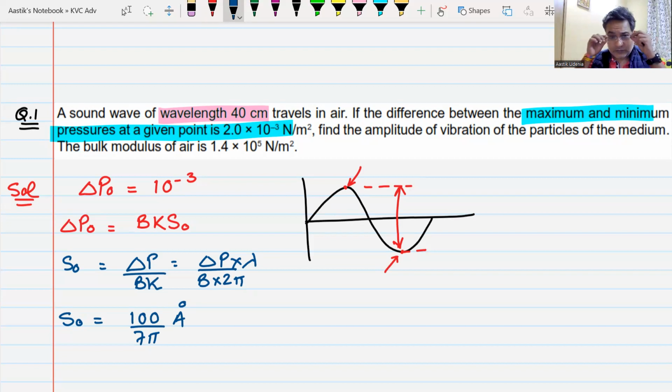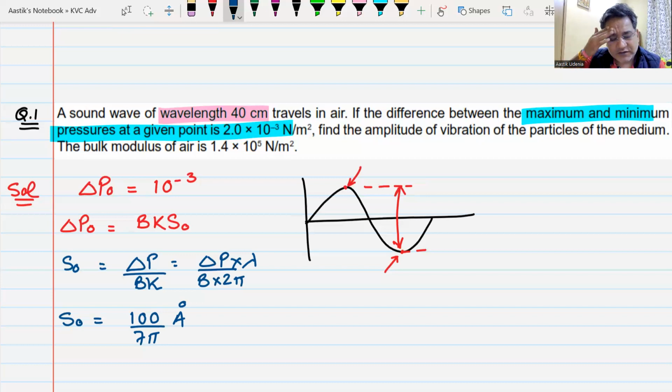Now, we are not going to go much into that wave equation, because we have already seen all forms of this wave equation: omega t minus kx, kx minus omega t, kx plus omega t, and all those 2 pi by lambda forms. So that still remains there, right? The only new thing was pressure wave, and we have seen that. Yes or no? So now we will have to move ahead and move on to the speed of sound waves.